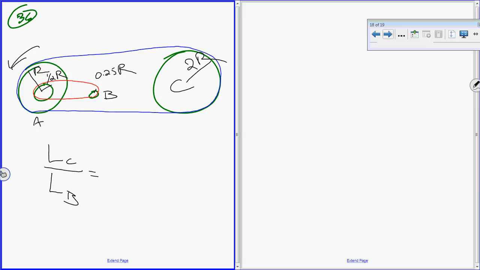So angular momentum of C. Well, that's going to be the rotational inertia of C times the angular velocity of C, right? And this is going to be the rotational inertia of B times the angular velocity of B, right? Good? All right. Well, both of these things are solid cylinders, right? So,